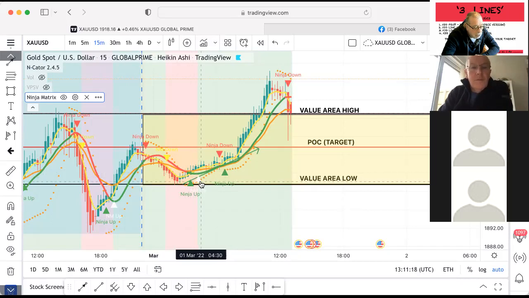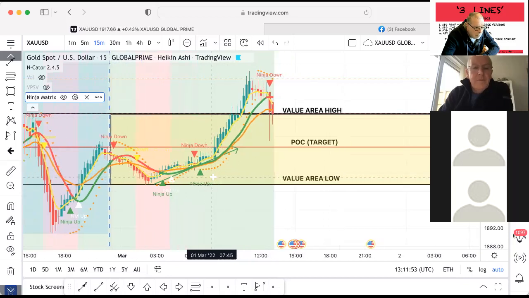to get in once you've got a ninja up, a ninja matrix up, and a crossing over of the 5 MA over the green 13 MA. That point there is when I would be looking at an ideal entry into the trade. And if I got in at that point, my take profit would have been that red line there. So I would have hit my target at that point,